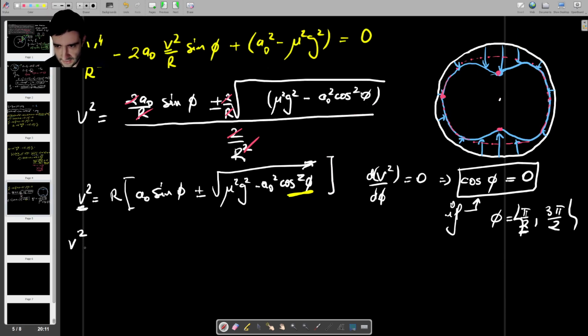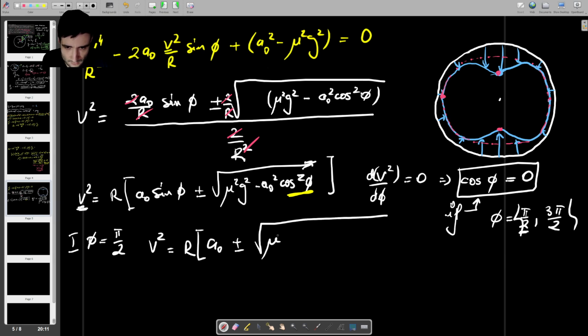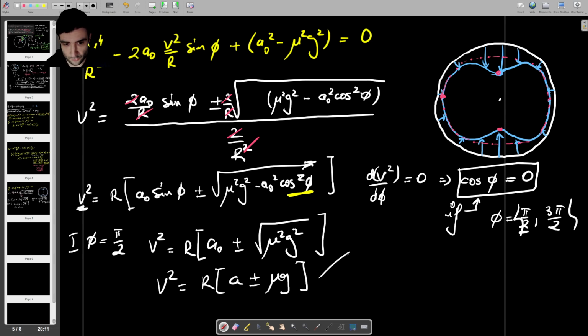So let's say case 1, phi is equal to pi over 2. So v squared is going to be r times a0 plus or minus mu squared g squared, and I think that is it, which gives us that v squared is going to be r multiplied by a0 plus or minus mu g. And let's look at the two solutions. So the first one is when v squared is r times a0 plus mu g. This is not going to work